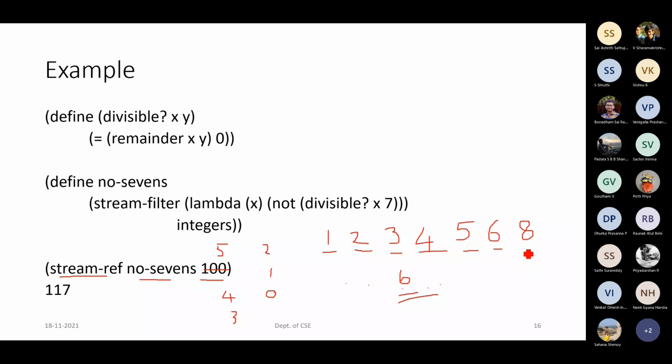So for completing this procedure, we can generate as many values for nos sevens based on the position mentioned over here. For completing this procedure, it is not necessary that all values of this nos sevens variable have to be generated. You can generate it only if it is required. So 6 will be given and there will be a delay applied onto the remaining portion of it. It will not generate it as such.